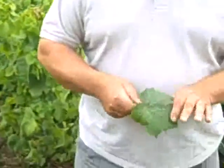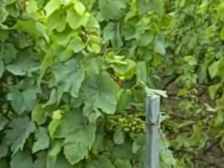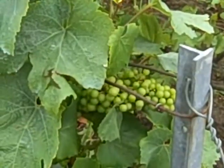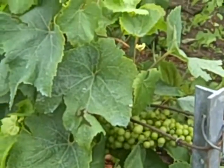But what is the problem when we work in an organic way is that we spray copper, and after 20 millimeters of rain, it's necessary to spray again to protect, because the copper stays only on the leaf, and as soon as it rains, it washes off. And the chemical, even if it's raining, stays. As soon as you spray the chemical, it goes inside the